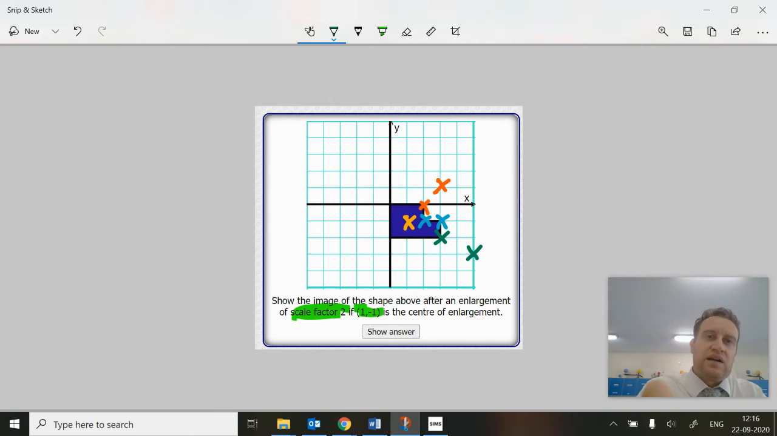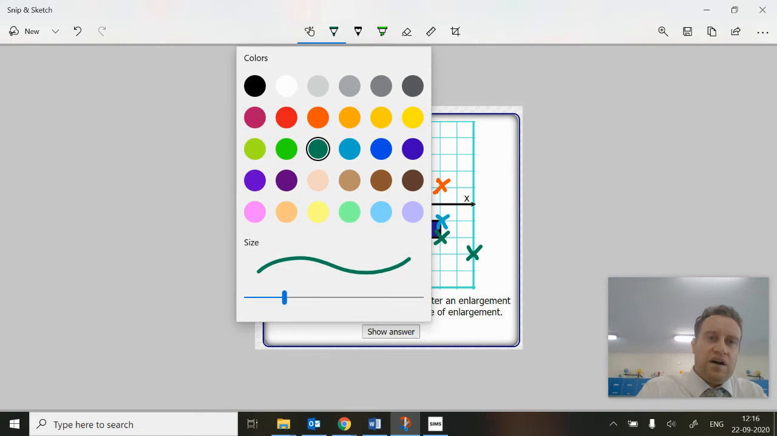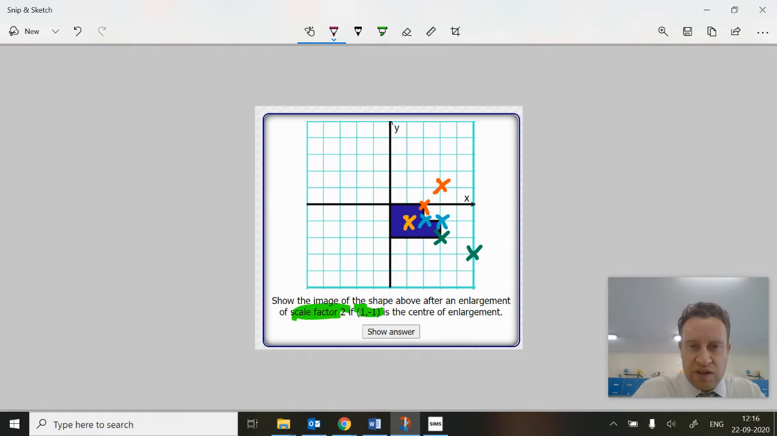Okay, now let's do another one here. Let's choose another color. Let's choose this plum color. So we're 1 away from the center there. Now we're going to be 2 away from the center diagonally. Okay, and now once you've got all of these things here, you can then draw your shape in,